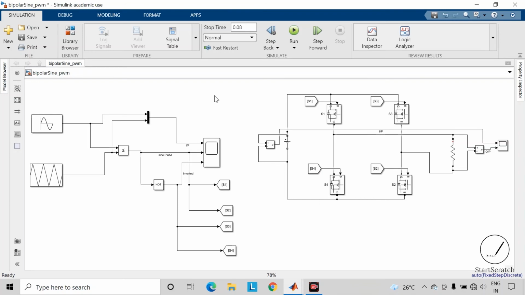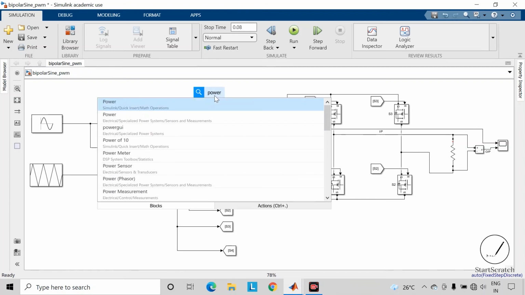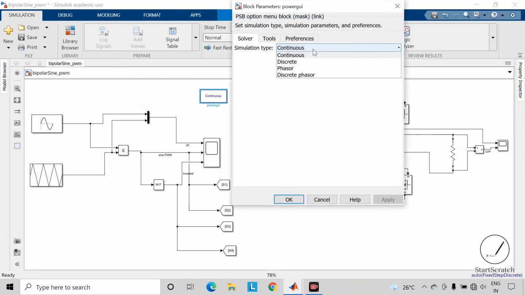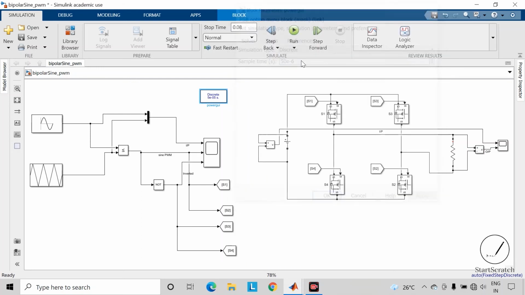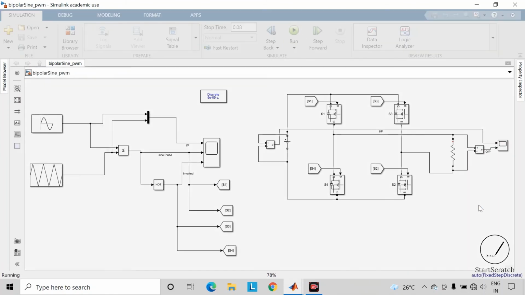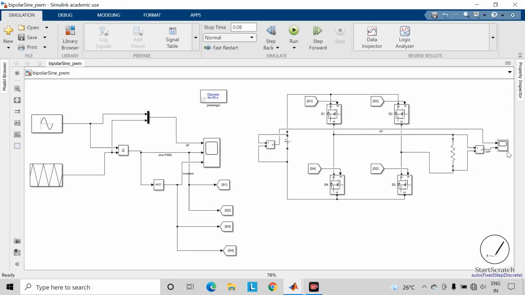Now take powergui block. This block is required for simulation of these components. Save the changes and run the simulation. Open the scope block.